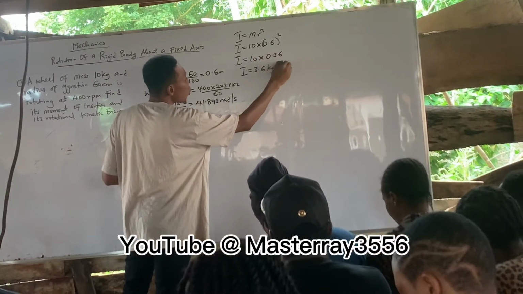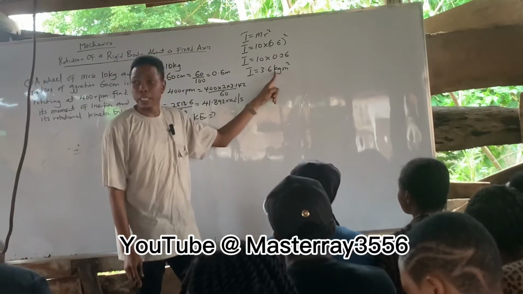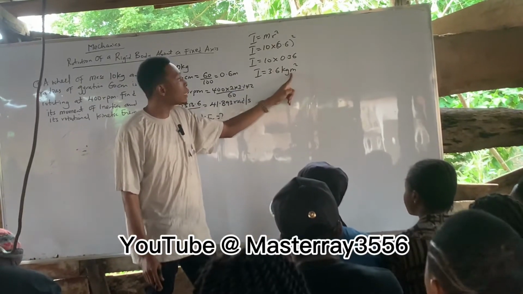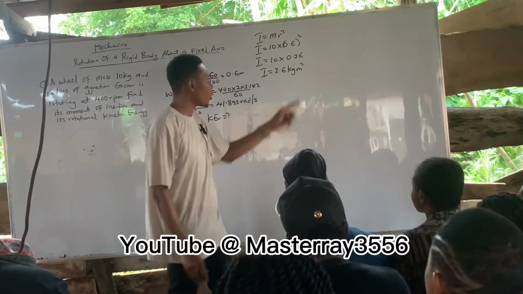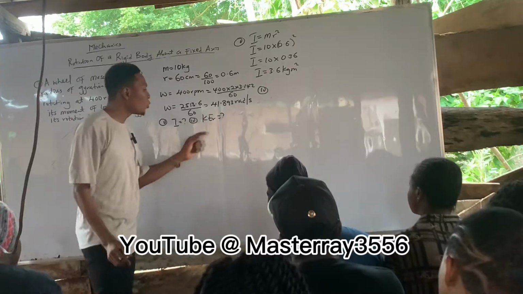The SI unit is kilogram meter squared. Mass is in kilogram, radius is in meter, and then the square. All right. That's number 1. So for number 2, we are asked to look for